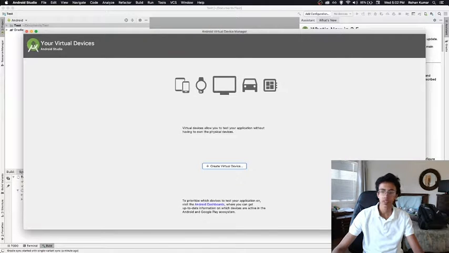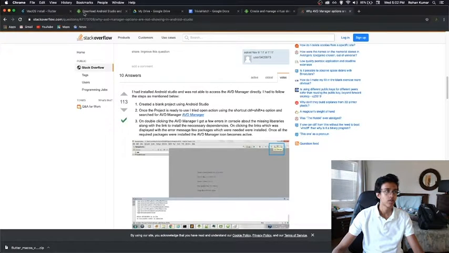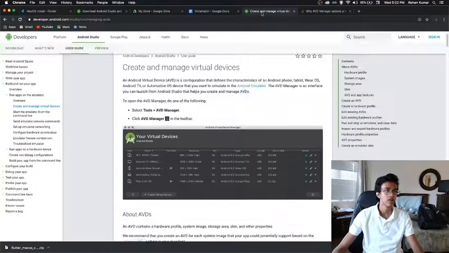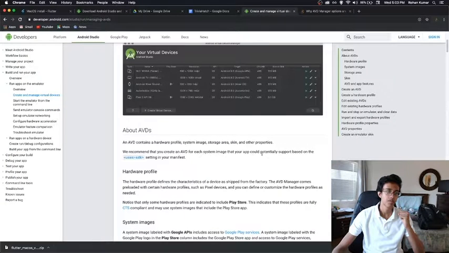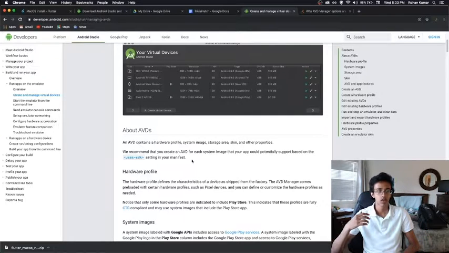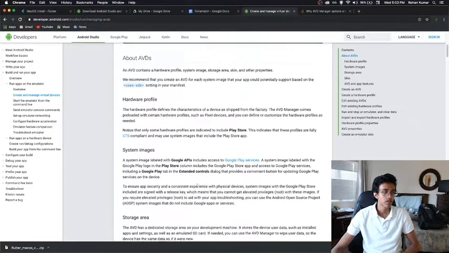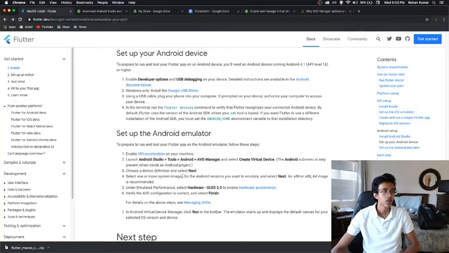Okay, so we open this. Now what? Back to Flutter. Wait, where were we? Oh yeah, here. No, wait. Here. So for each system image, your app could potentially support make your AVD, but for now we're just gonna be worrying about Android. So we only have to make one. We'll make that later. Okay, this looks like we figured it out. Now what? Oh, create virtual device. So which one was mine again?